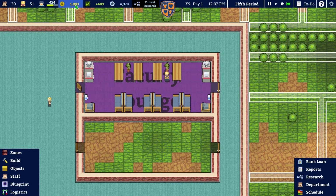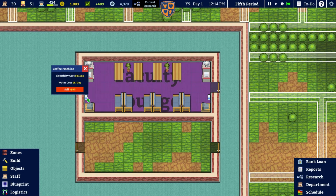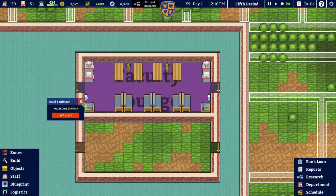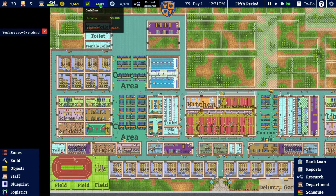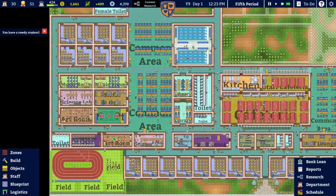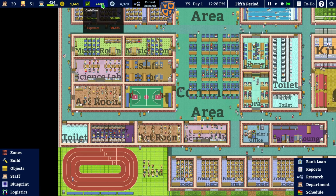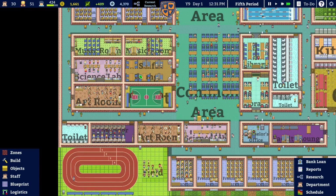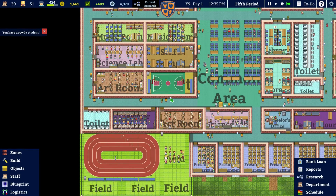And we've got ourselves 1,000 monies left, and 409 now, I guess, because we've put these things in. Yeah, there you go. So the microwave costs a little bit. The coffee machine costs water and electricity. And the hand sanitizers cost 10 per day. That's where our money went, wasn't it? I put down loads of hand sanitizers in order to try and sort out our hygiene. That's where all that money went. So we were probably on 1,500 a day, thanks for the teacher wages. And then I slapped down loads of those things, which cost...